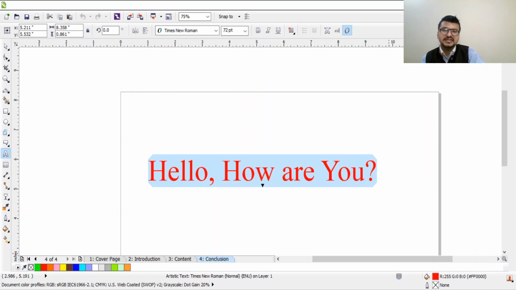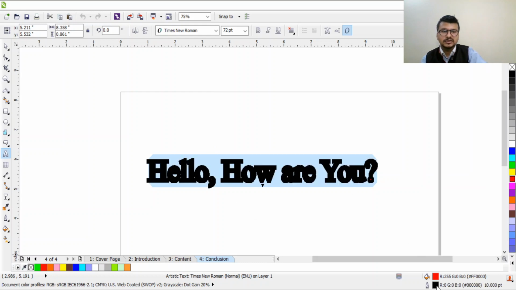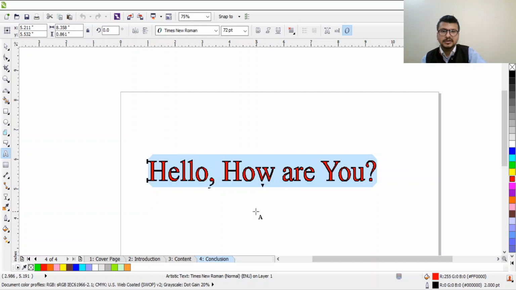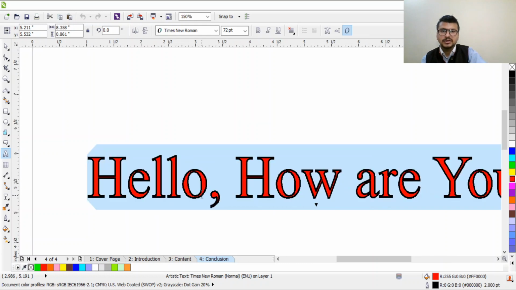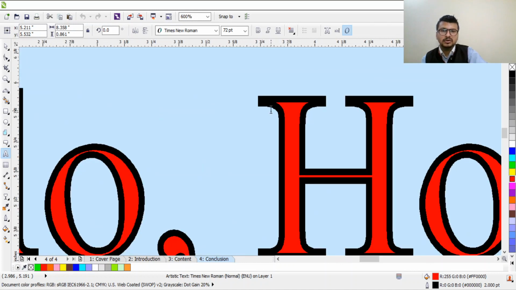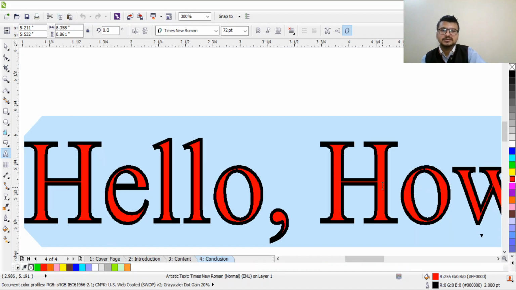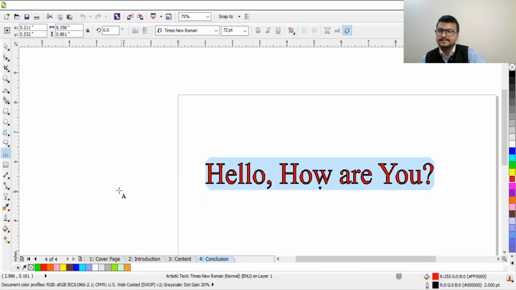You can change the text border also, as you have done in the shape border. Click on the right bottom, the pen shape, double click on this. By default it is none. You can change it to like 10, 4. Oh, 10 is so much, so I'll decrease the size. Let it be 2. So now you can see here the border of the text is black color, and it is the outline, you can see.